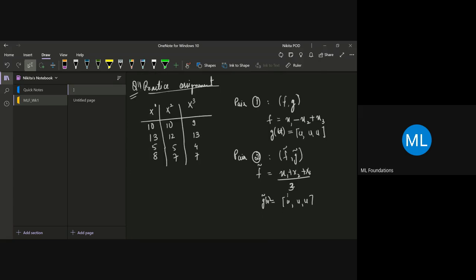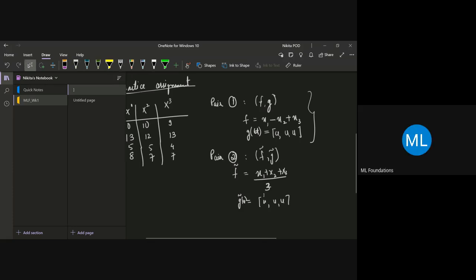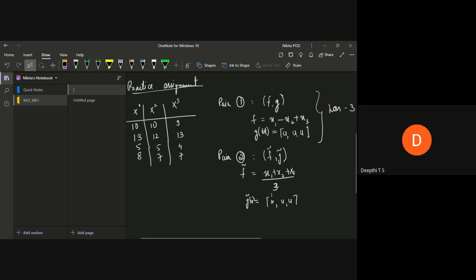Before I do it, can you please try for, let's say, the first pair, what is the loss that you're getting? I got 3, ma'am. You got the loss to be 3. Okay, yes. What about the second one? 0.66. You got the loss to be 0.66. Okay,